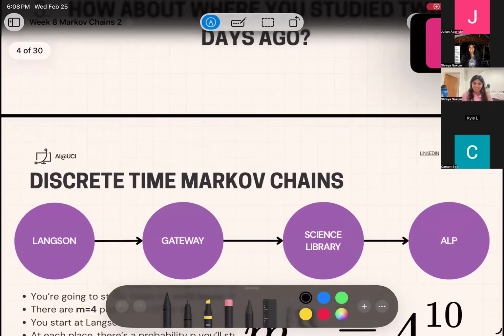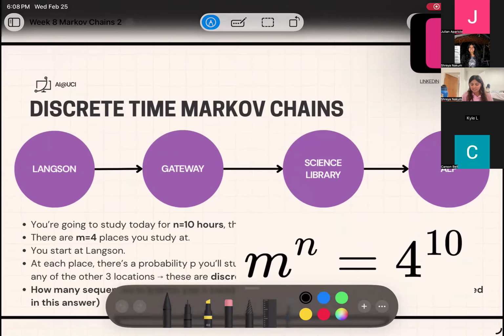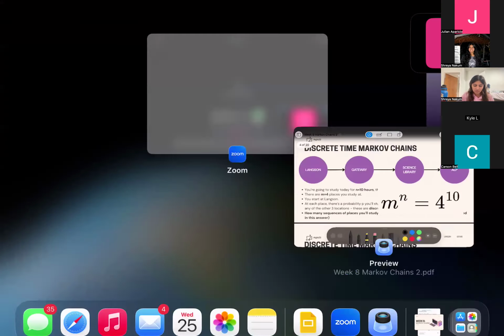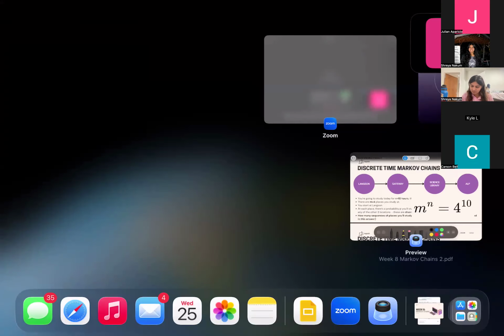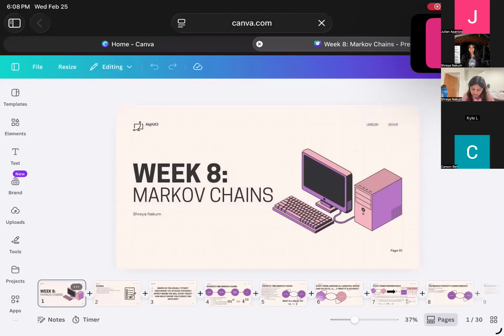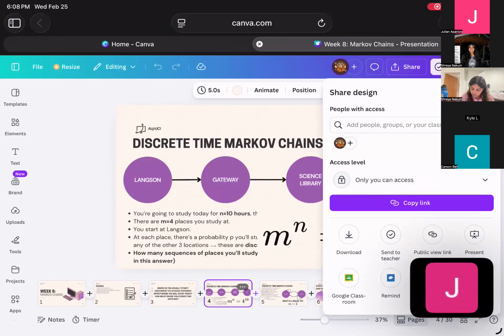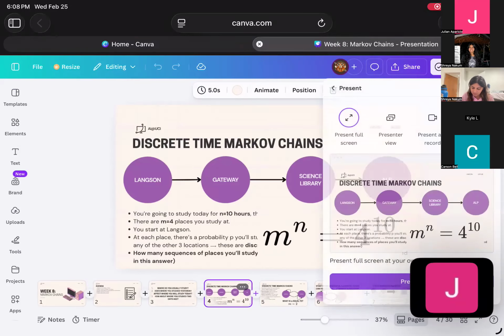Oh, let me not show that. Every time I tried to write using Canva's writing tool, it didn't work, so all my transitions are just blocks now. Let me open it up. See if this works. Okay, there we go. I'll open it up here. Just that one. There we go.